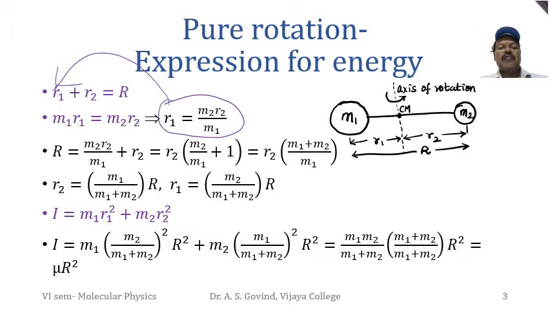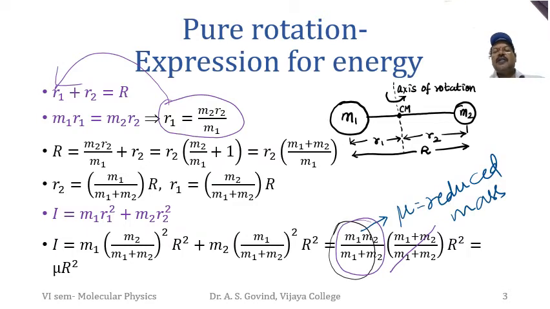So notice that m1 plus m2 whole square and r square is common. So m1 plus m2, and one m2 from this, m1 from this. So m1 m2 can be taken as common. So one m2 remains here, one m1 remains here. So you'll get m1 plus m2 in the numerator, and that will cancel with this. So this part is cancelled, and this is written as mu r square. So this part is the mu.